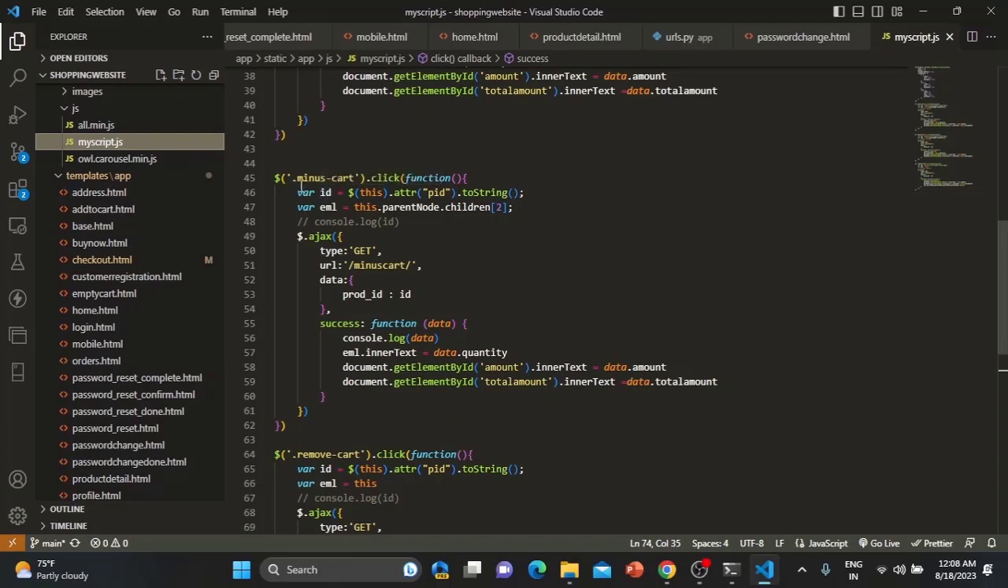Here I just write: I target this min cards. Min cards dot click. If someone clicks, then what happens? I receive the PID, and this dot PID to string. I just convert it into string format, and then in the JSON response, I give a JSON response